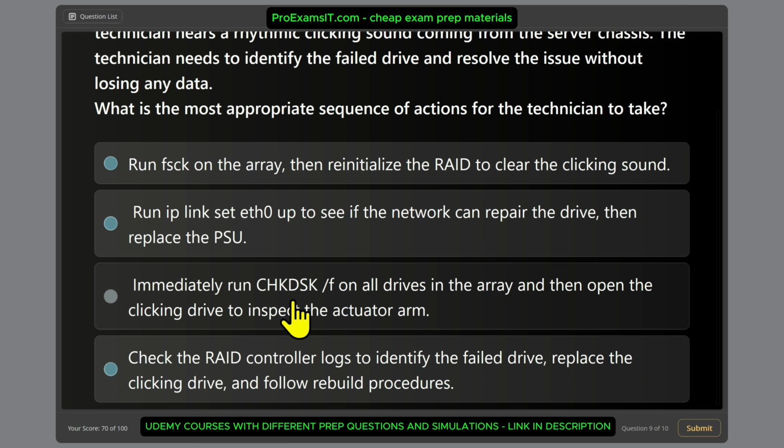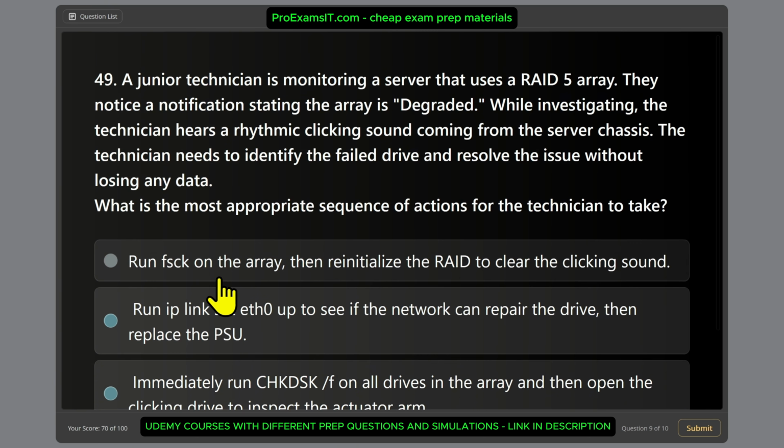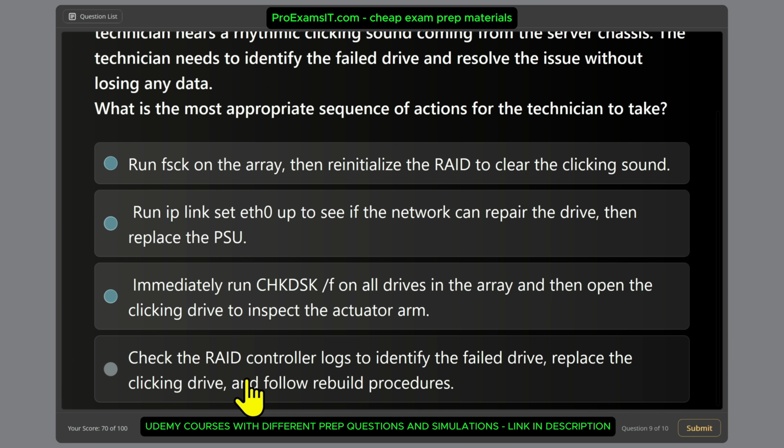Or immediately run chkdsk with the switch /F on all drives in the array, and then open the clicking drive to inspect the actuator arm, or check the RAID controller logs to identify the failed drive, and then replace the clicking drive and follow rebuild procedures. Well, to be fair, guys, the last one makes most sense, and this is going to be